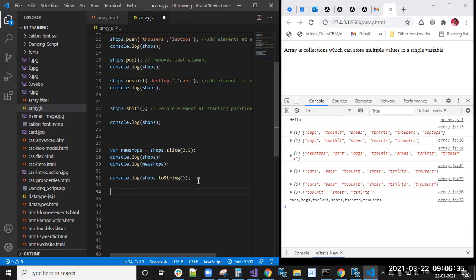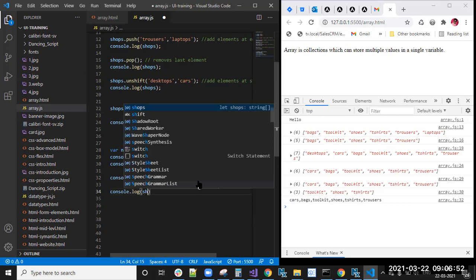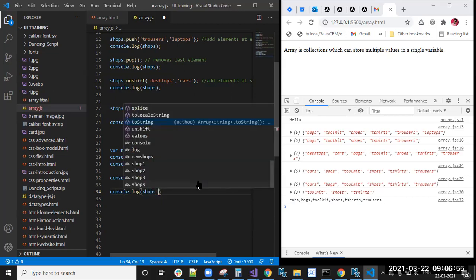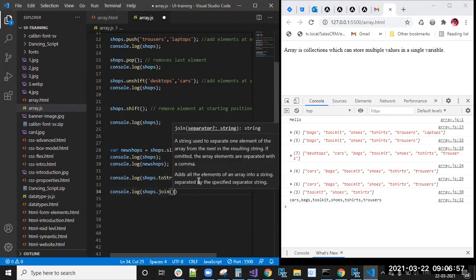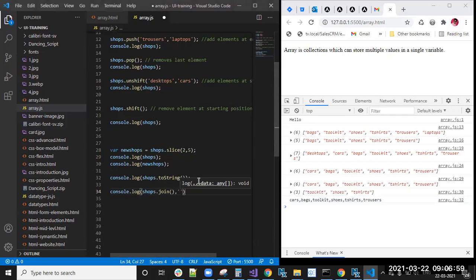It will also join array elements, and it gives you one additional advantage: we can choose how to separate the array elements. Now console.log of shops dot join, comma, with what? I want to join with plus.